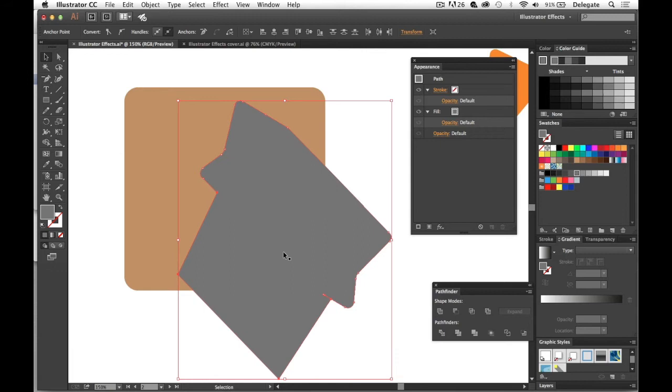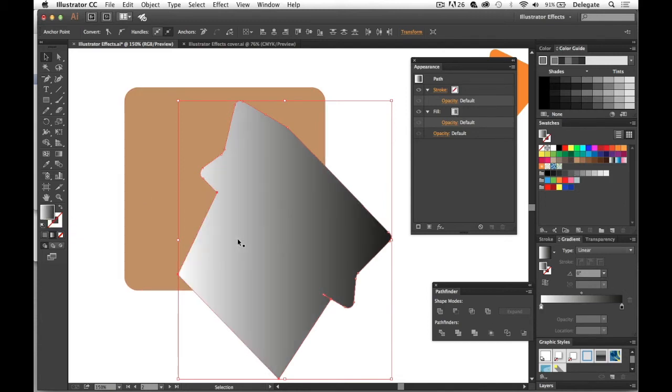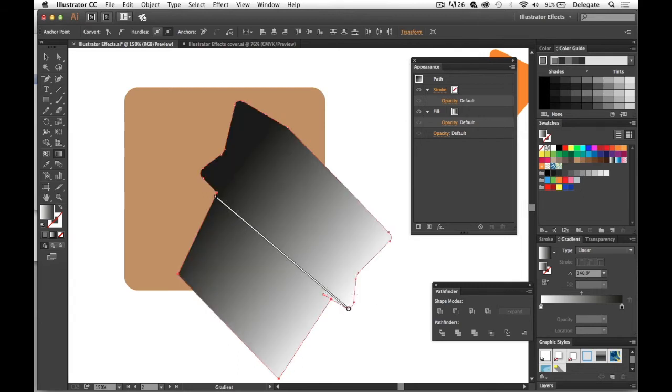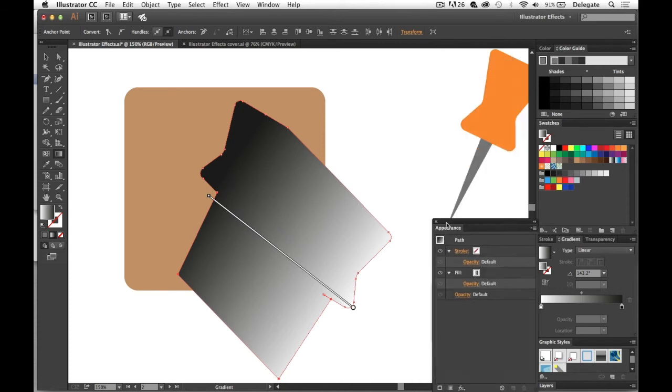And then now I'm going to apply a gradient to this. So the easiest way to apply a gradient in Illustrator is to hit the full stop key. If I press the full stop key, it gives me a gradient. And then if I press the G key, that will give me the gradient tool. And I think I'll need to drag in that kind of direction. Okay. Alright,